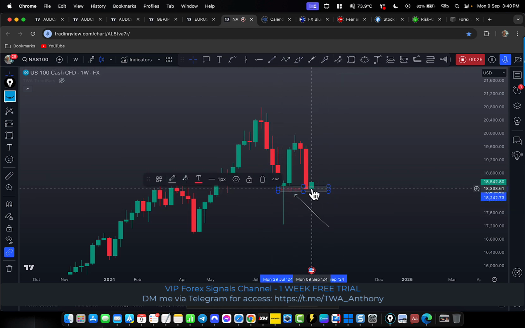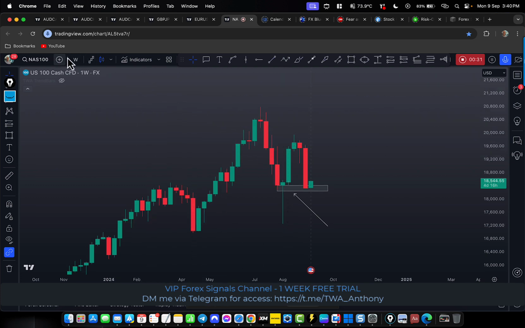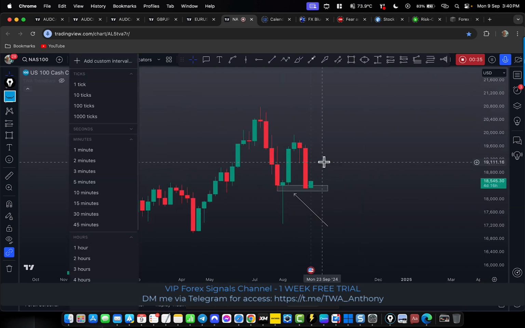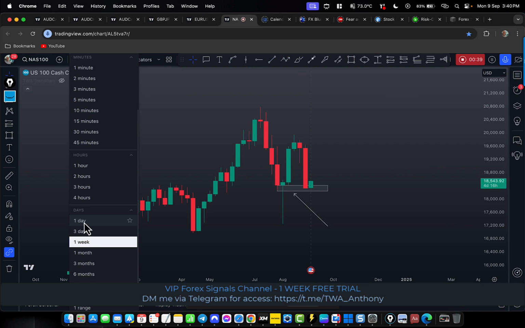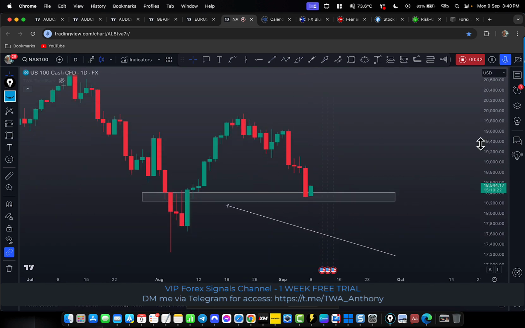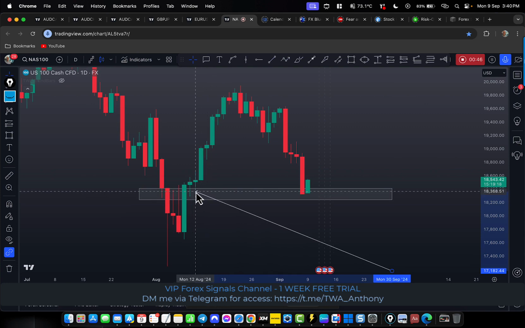I mean, you can see the reaction on the weekly time frame, this little green candle beside our red candle. We go down to the daily, and also notice how far overextended this is at the moment. So it's overextended, it's traded into a huge liquidity pool, and that would be appropriate under these candles here